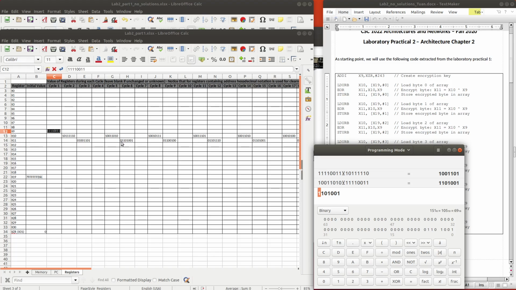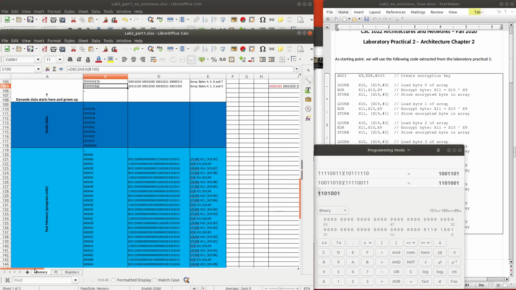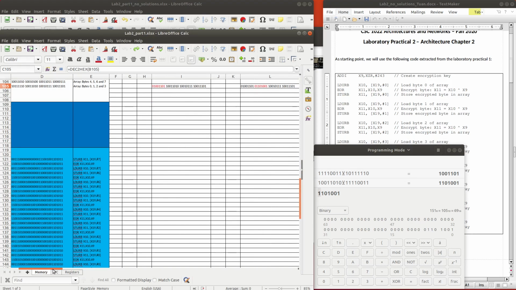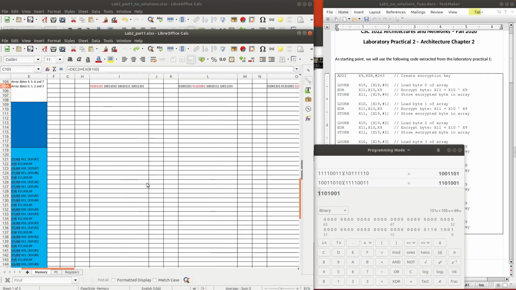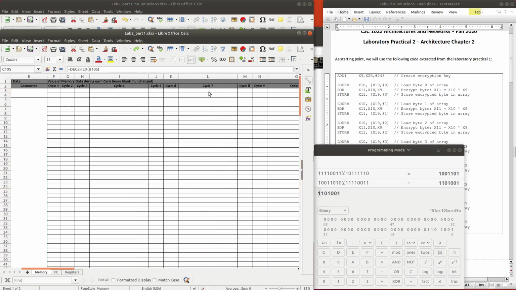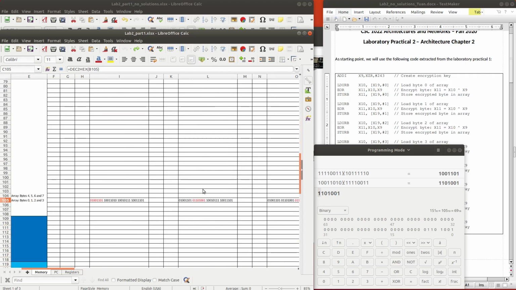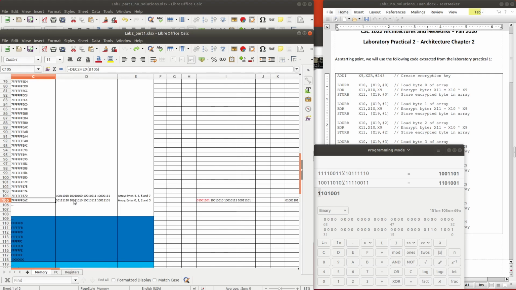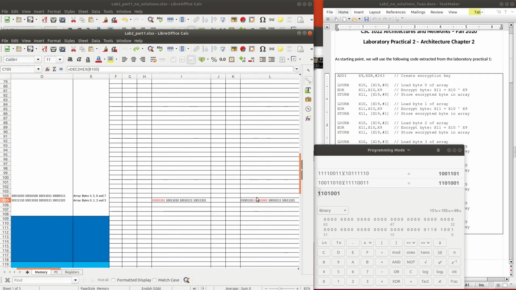The value inside x11 is 01101001, and that value after circle 7 will be written back into memory at this location, replacing this, so it will be written here.